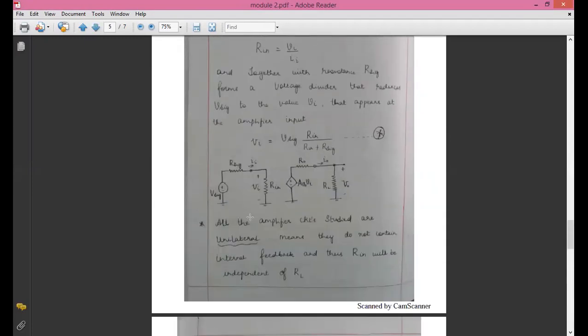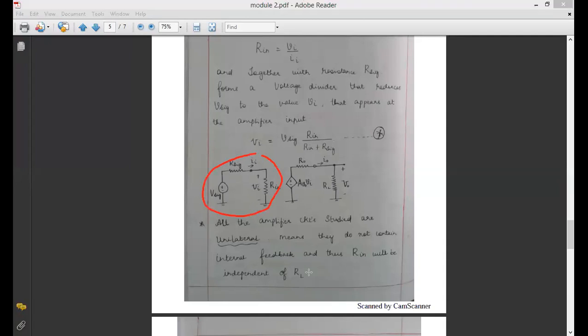So how to find the input port gain? Here I have to find the input port. Where is the input port? This is the input port. This one is the input port of the circuitry. So how to find the input gain here? How to find VI here? Anyone will answer? How to find VI? To find VI, again we have to apply the voltage divider rule here. So VI is equal to V signal into Rin divided by Rin plus R signal.